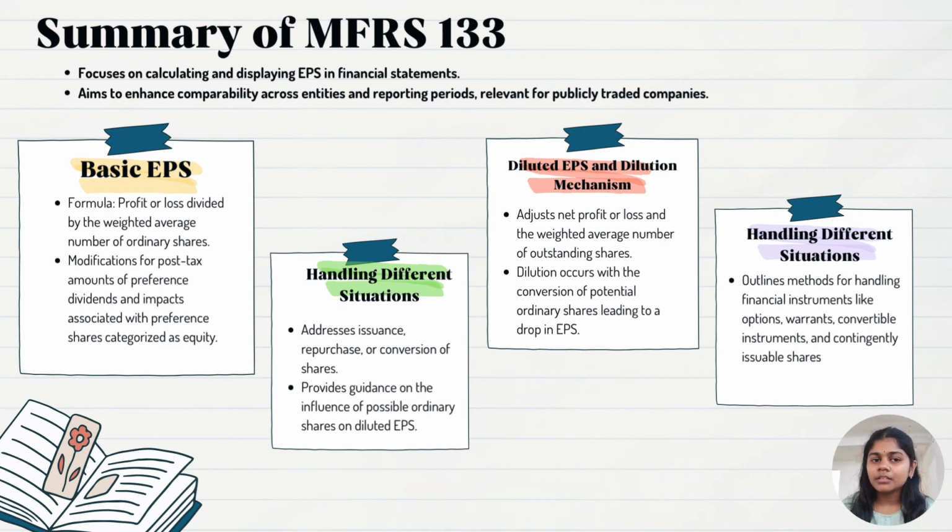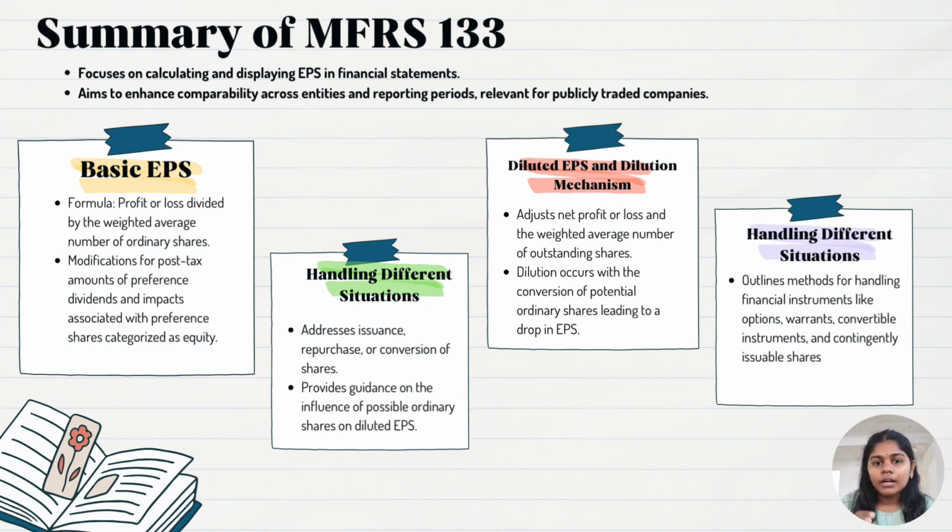Today I would like to present the summary of MFRS 133. MFRS 133, entitled Earnings per Share, specifies guidelines for calculating and displaying earnings per share in financial statements. The objective of the standard is to improve the ability to compare performance among different entities and throughout different reporting periods. This applies to firms who have publicly traded ordinary shares or are in the process of filing with regulatory